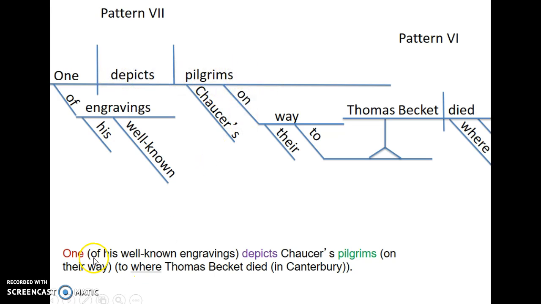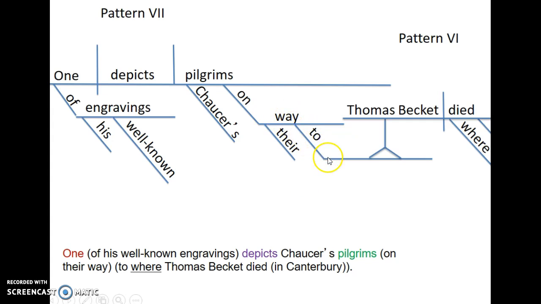Now I can back up and put things in. What one are we talking about? We're talking about one of his well-known engravings. So the preposition goes on the slant, the noun goes on the horizontal, the possessive and well-known function as a single adjective describing engravings. We get our possessive for pilgrims. And what pilgrims are we talking about? It's those that are on their way. So this prepositional phrase is modifying pilgrims, and the possessive goes below. And what is this way we're talking about? Their way to where Thomas Becket died in Canterbury. So we've got another prepositional phrase,